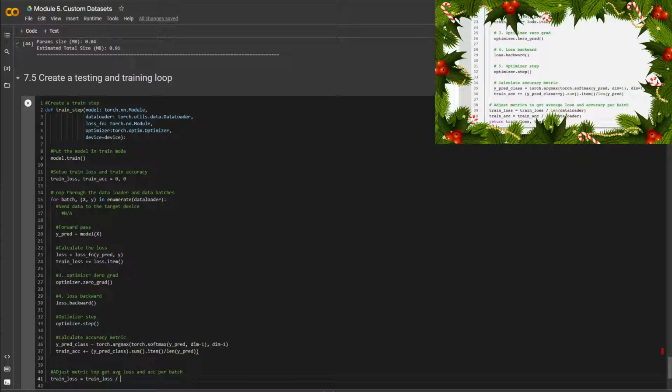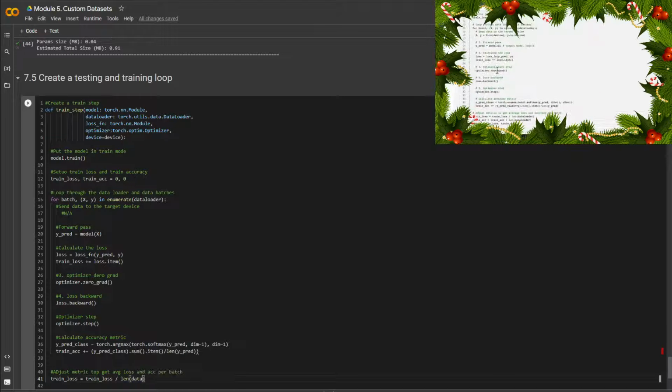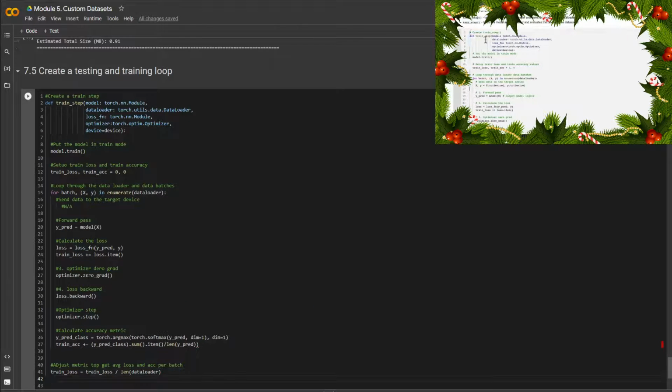So return train_loss, train_acc. Now that's a pretty good looking function to me for a train step. Do you want to take on the